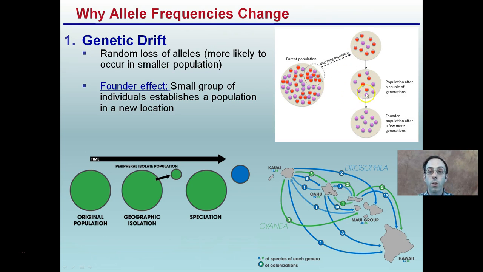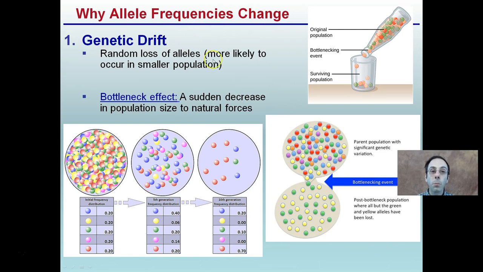Well, for whatever reason, those are selected for, and we see now a greater percentage of them, ultimately getting to the loss of the red allele to only the purple alleles. This occurs typically more common in smaller populations when a group may leave one area or one island and go to another island. Get that isolated population, and we get that separation there occurring over time. The random loss of alleles more likely occur in that smaller population, and it's also true for what is termed